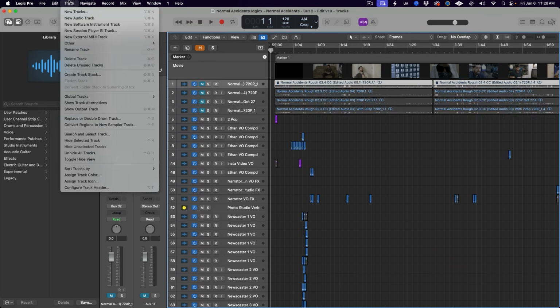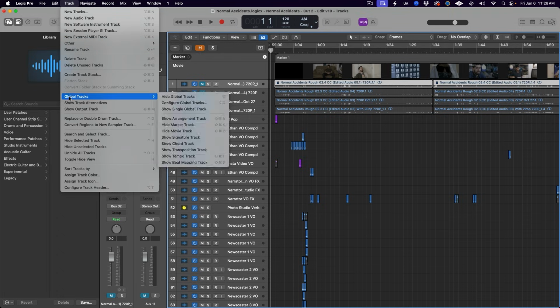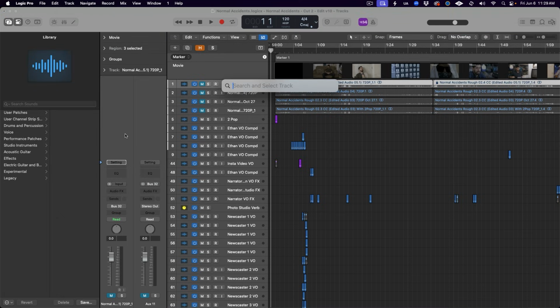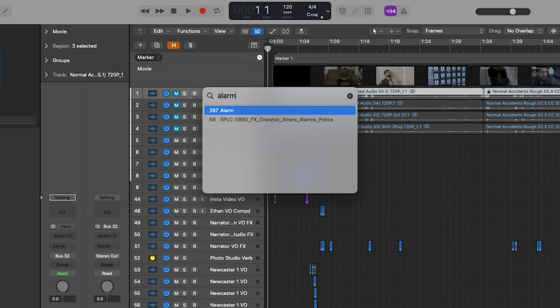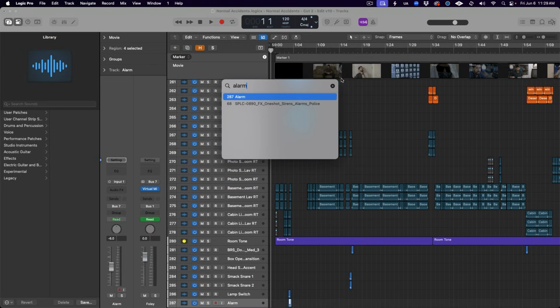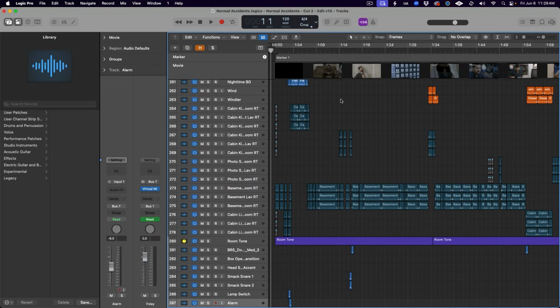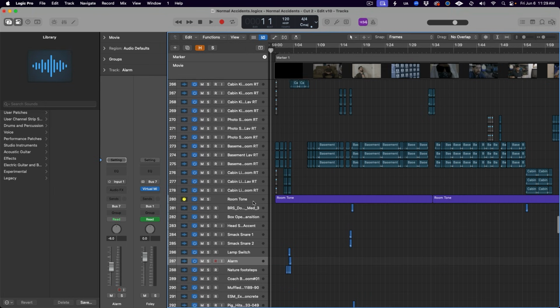But with this new feature, we can just come to the track menu, choose search and select track. Then we get this pop-up search bar where we can type in the name of the track, hit enter, and Logic automatically selects it. Very handy if I need to make a quick adjustment to just one track in amidst